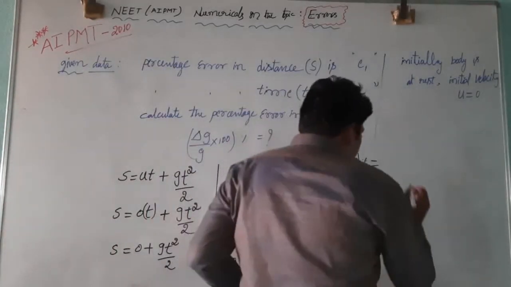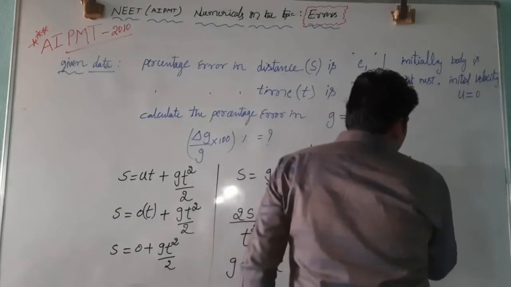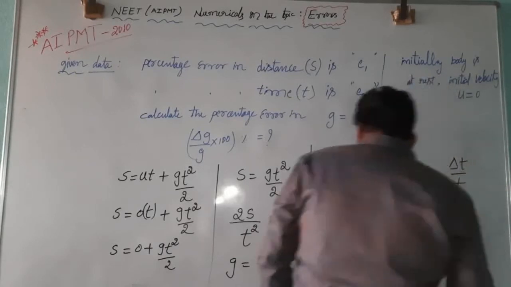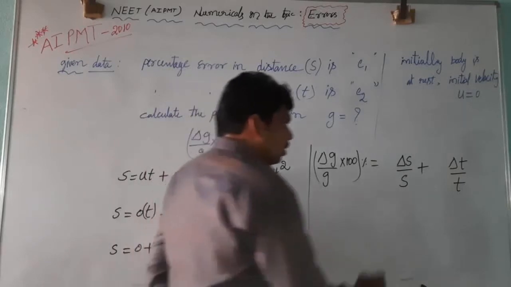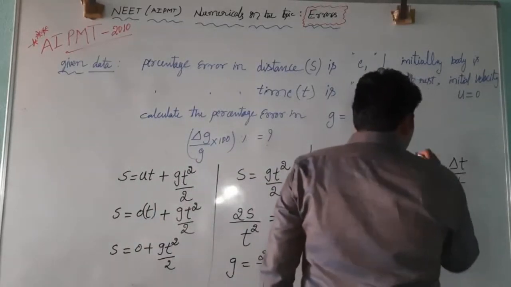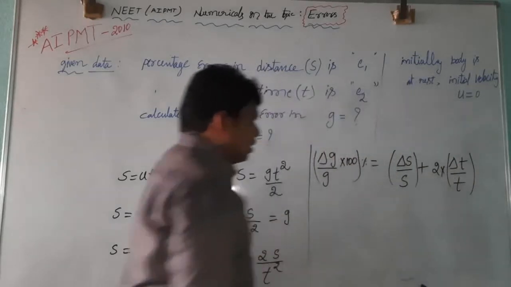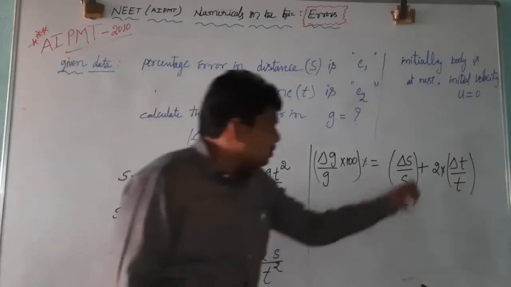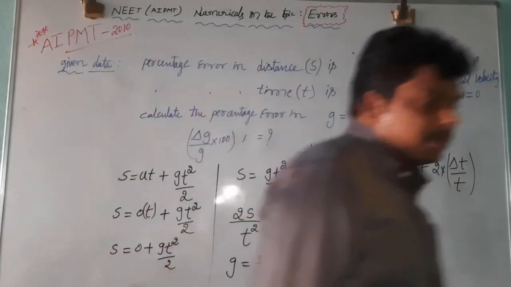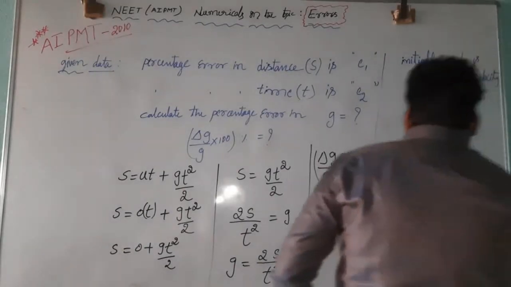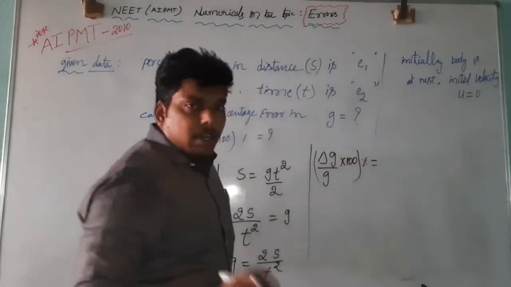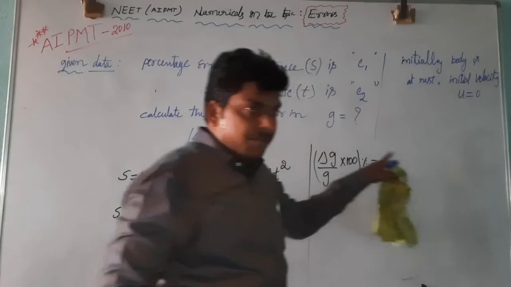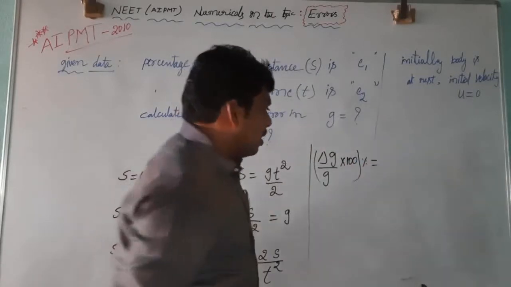Now what is the formula for this one? Delta s by s plus delta t by t. Here, what is the power for t? That is nothing but 2, so 2 into. Now, have they given the relative error or percentage error? Percentage error, so you can express this in terms of the 100%. In the previous one I explained that you can take relative error or percentage error, there will be no problem. If you take percentage error here, here also take percentage error.